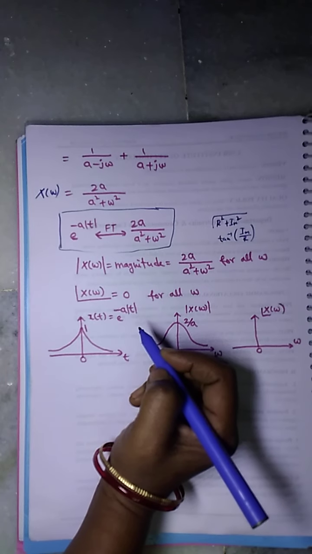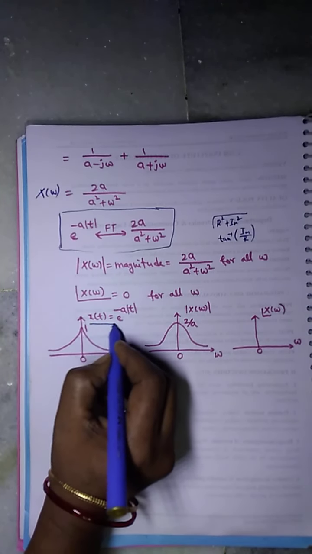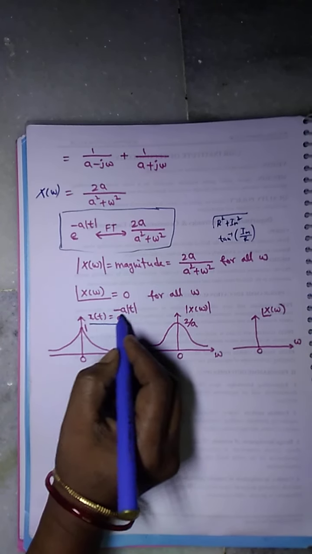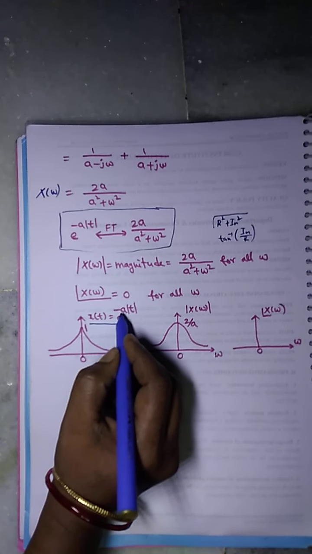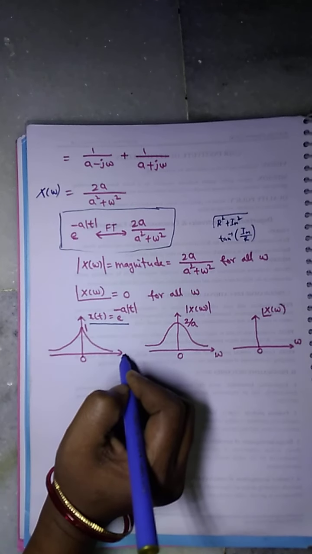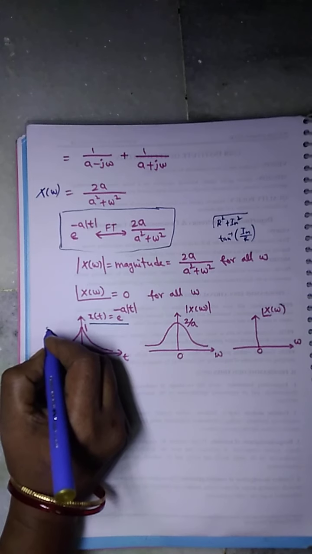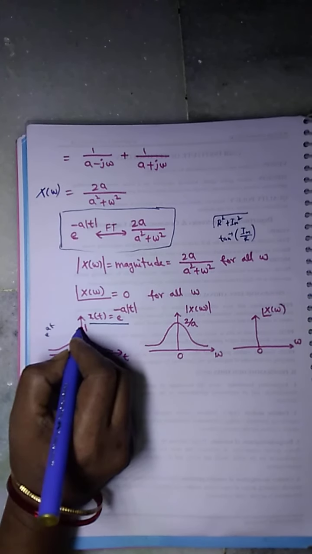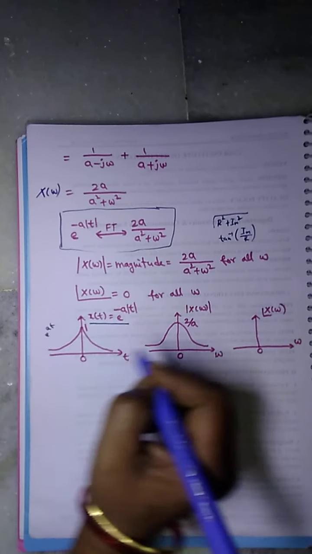Now we'll be plotting the signal in time domain. So what is the signal? It is given as x of t is equal to e power minus a mod t. So for positive values of t, what is this? It is e power minus at. So it is exponentially decreasing. Whereas for negative values of t, it is given as e power at. Okay, so t is a negative value, no? Decreasing, no? So we are getting a decreasing function on both the positive side and the negative side.